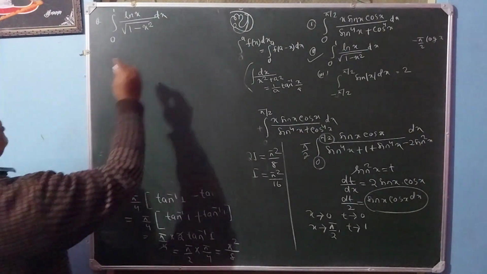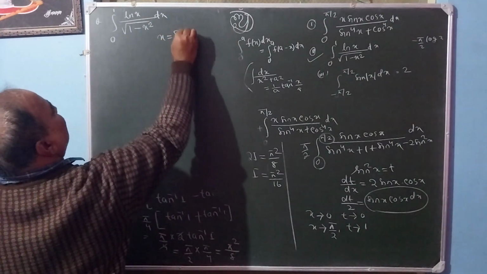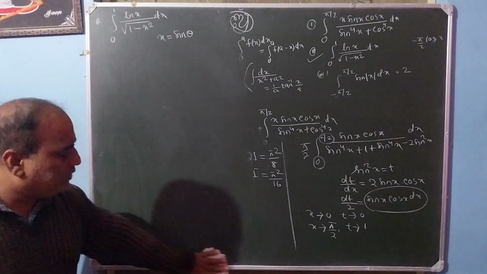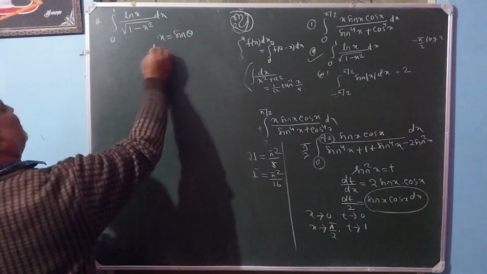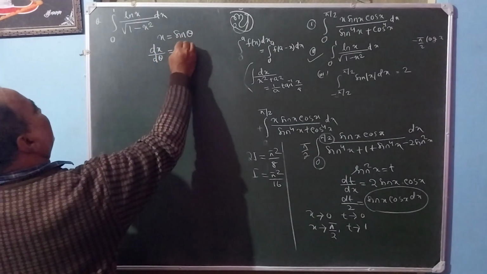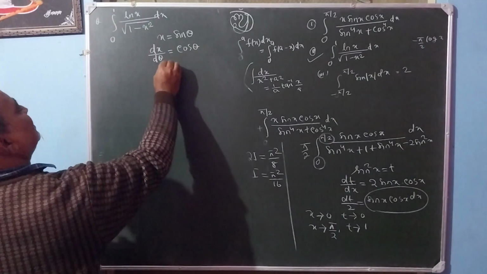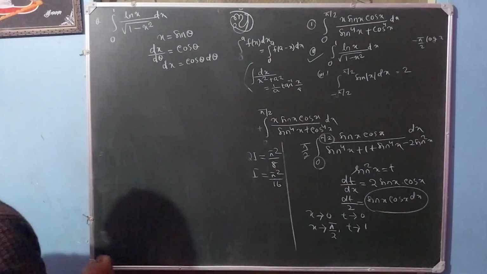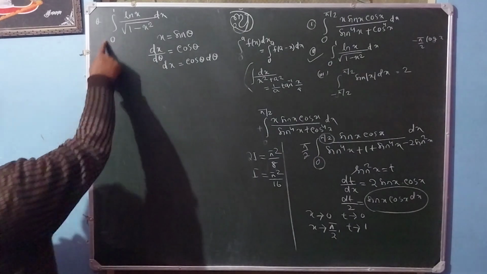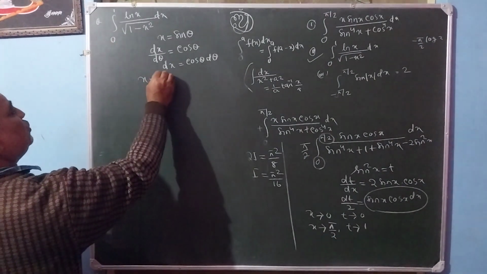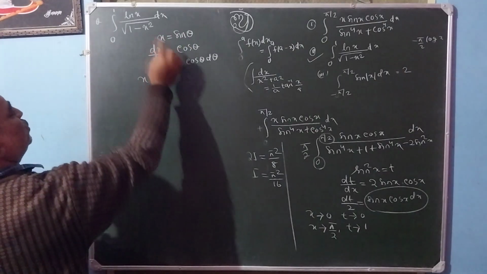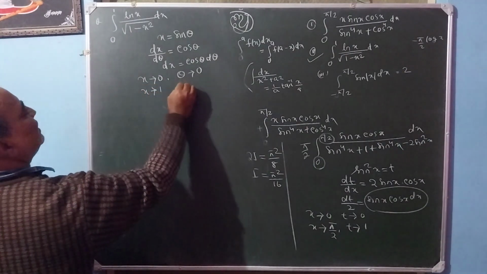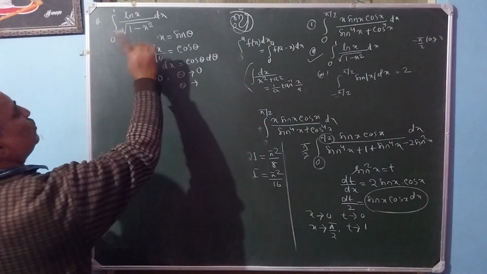So now first of all we have to put x is equal to sin theta. Differentiating on both sides with respect to theta, dx by d theta is the derivative of sin theta, that is cos theta. So dx is equal to cos theta d theta. Once you put this, you have to change the limit. When x tends to 0, sin theta is equal to 0, theta tends to 0. X tends to 1 means sin theta is equal to 1, theta tends to pi